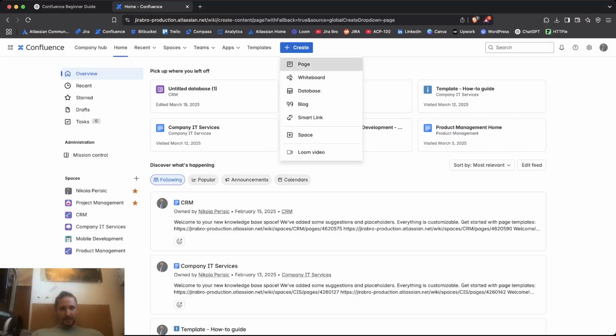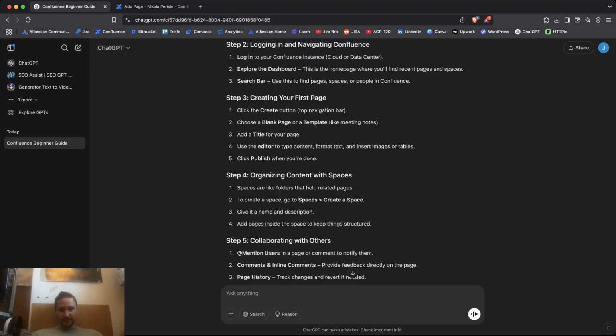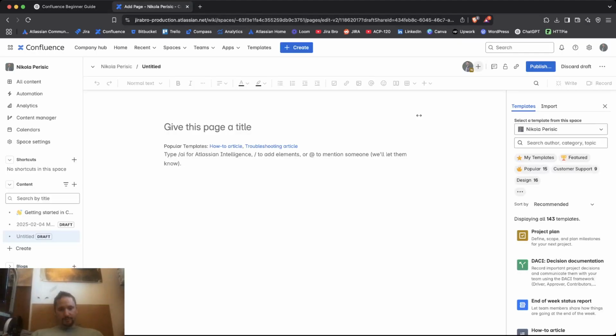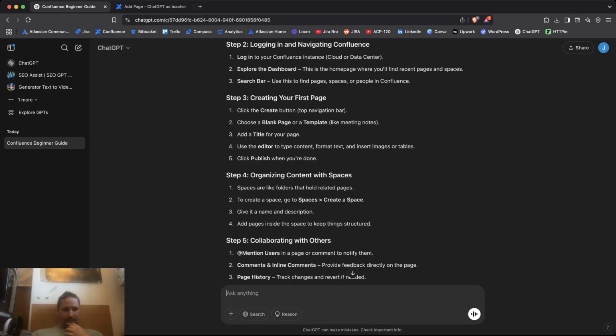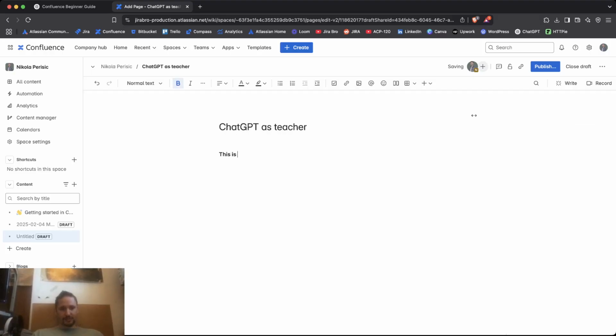All right, so let's go with a page. Let's see where else it's going to take us. Add a title for your page. I'm going to say ChatGPT as teacher. Use the editor to type content, format text, and insert images or tables. This is what it means by the ChatGPT, which is nice. And I'm going to say this is a bold text. For example,